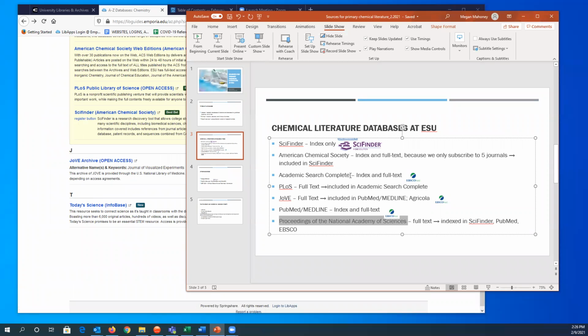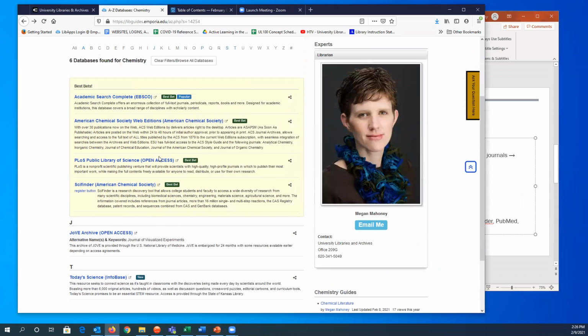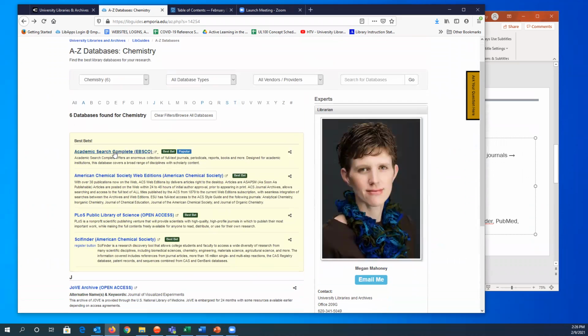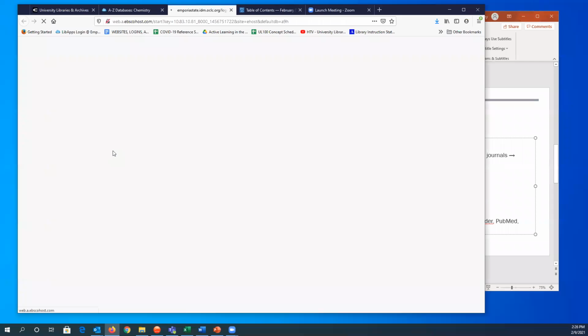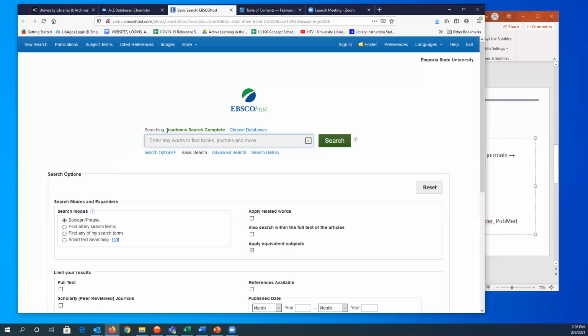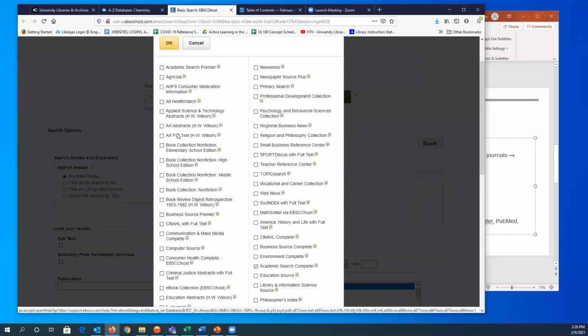you can get to any EBSCO database, so Academic Search Complete, Agricola, PubMed, once you're in the EBSCO interface. So if I go in here, you'll see I'm searching Academic Search Complete, but I can switch that.